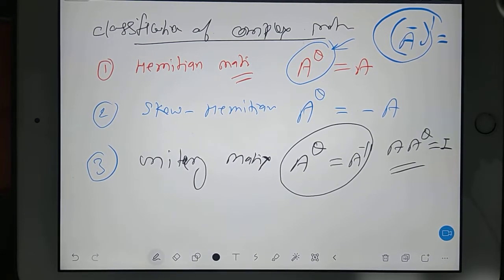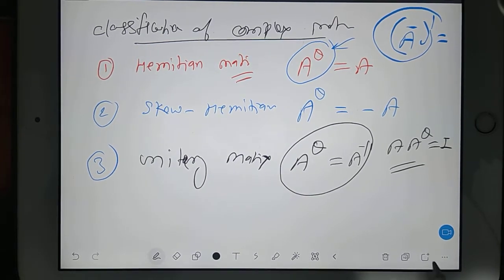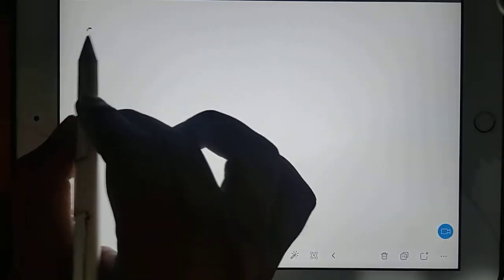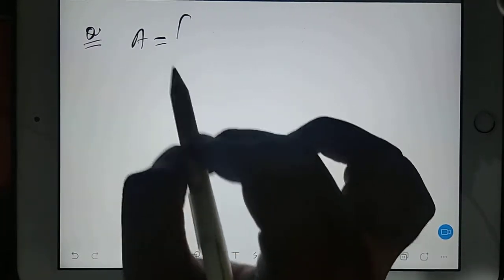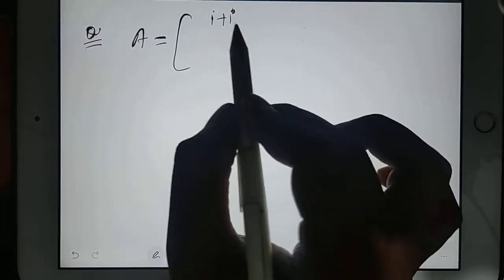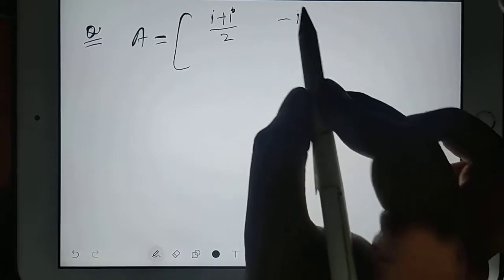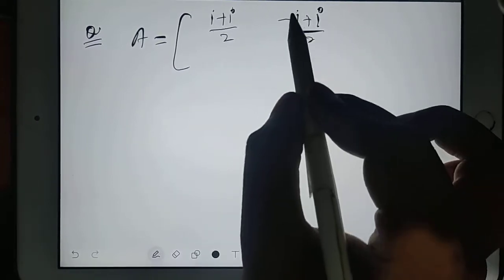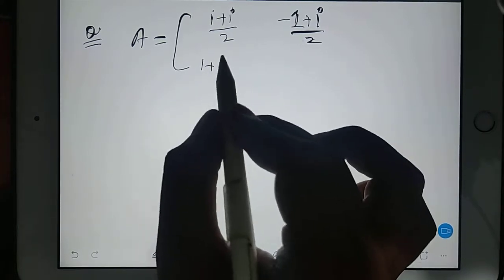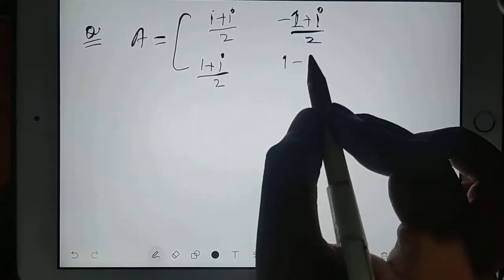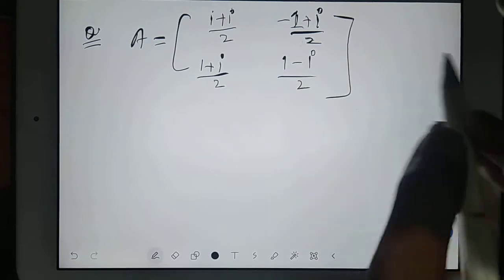We can do one thing and we can check what the given matrix is. Suppose I'm giving an example. Take down the example. Question is, suppose I'm giving matrix A. Matrix A is (1 plus i)/2, (minus 1 plus i)/2. This is minus 1 here. Minus 1 plus i by 2. And I'm giving (1 plus i)/2. And I'm giving (1 minus i)/2. Now I want to know that,